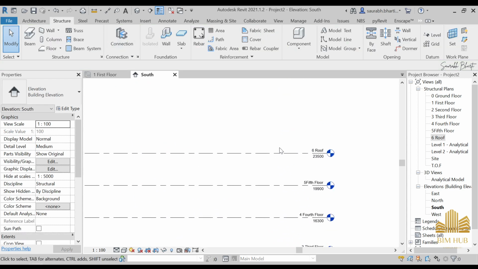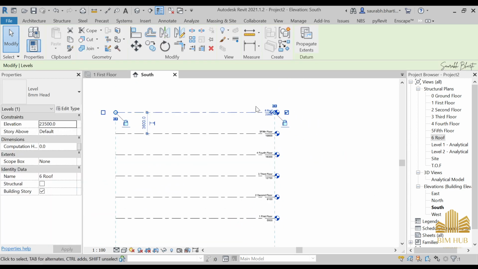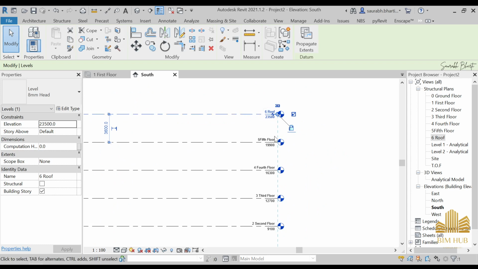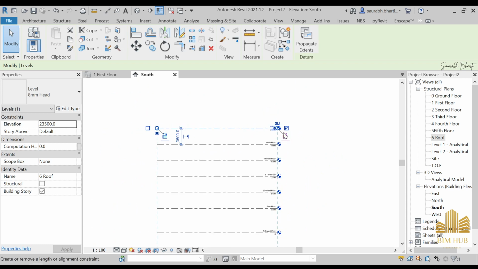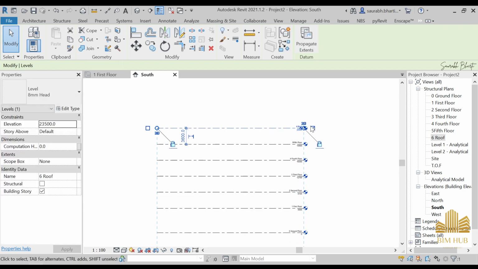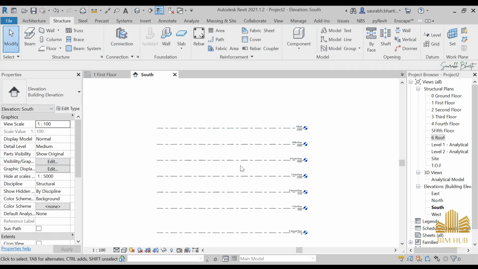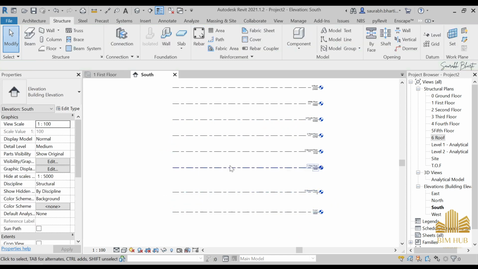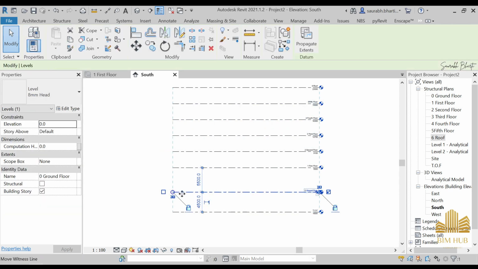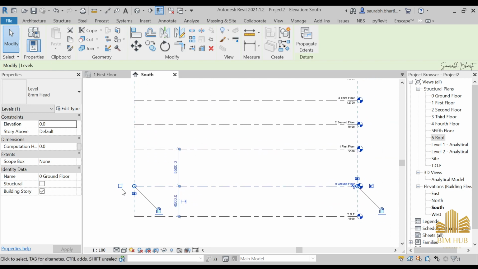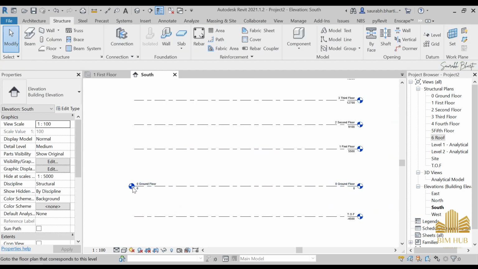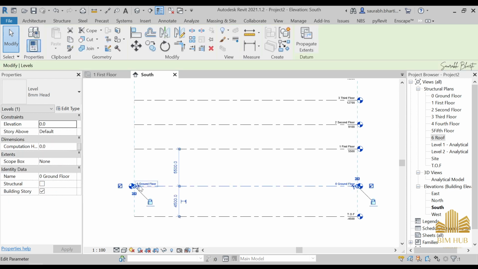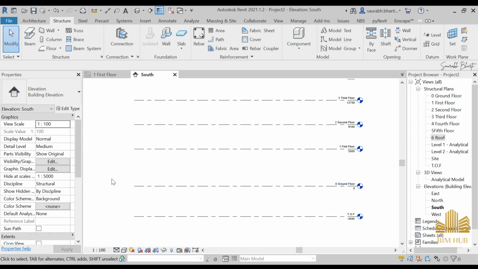If you want to increase or decrease the size of this level, now as you can see, everything is locked over here. So if we move one of the levels, you can see that everything is moving. And if you want to see the level name over here also, just click any of the levels over here, and then press this tick button, and now you can see the name of this level on the post side. I don't require it right now, so I'm just turning it off. If you want to see that, you can do that. Okay,